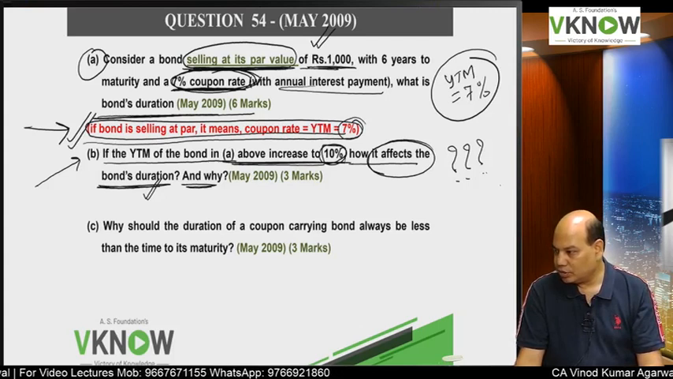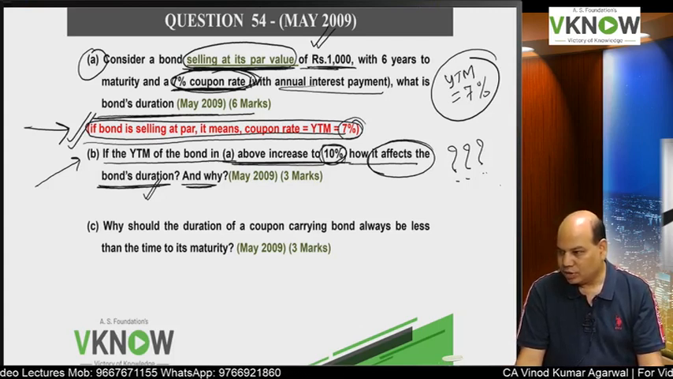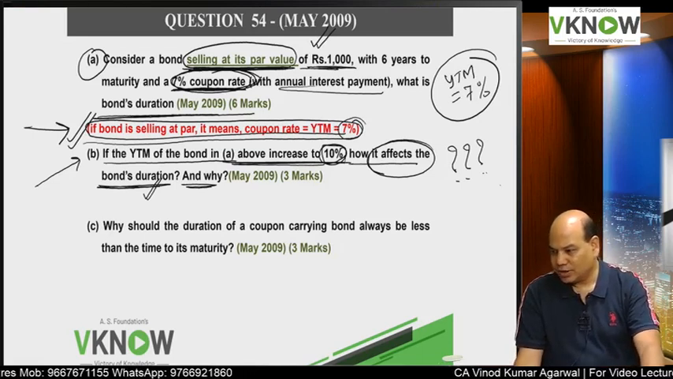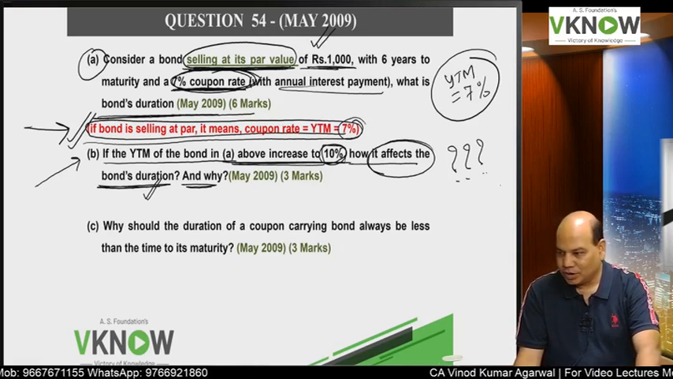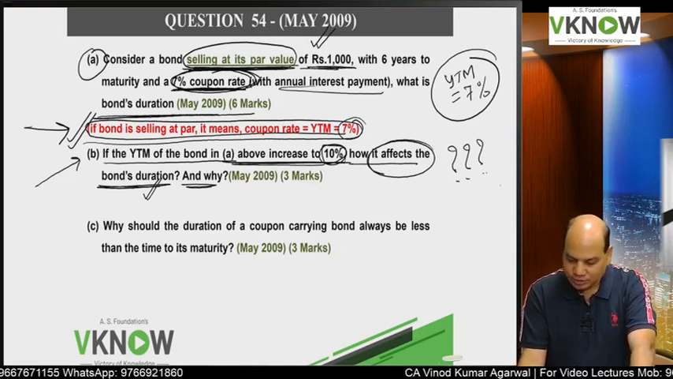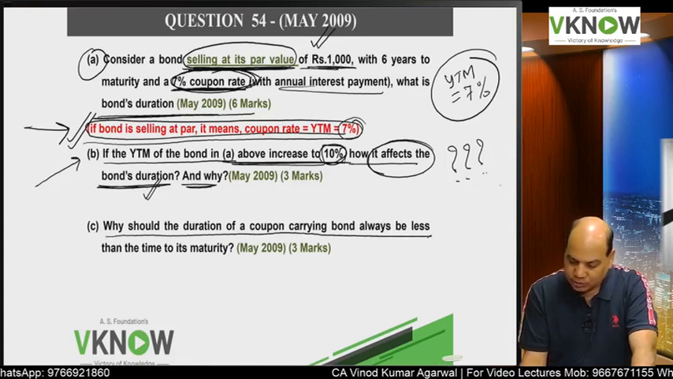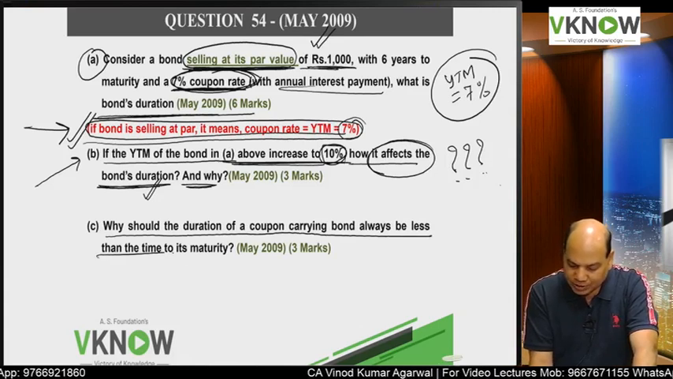YTM and duration of the bond. If YTM increases, what will happen to duration of the bond? Increase or decrease? We have done that in the properties. Okay, you keep thinking. Next question, why should duration of a coupon carrying bond always be less than the time